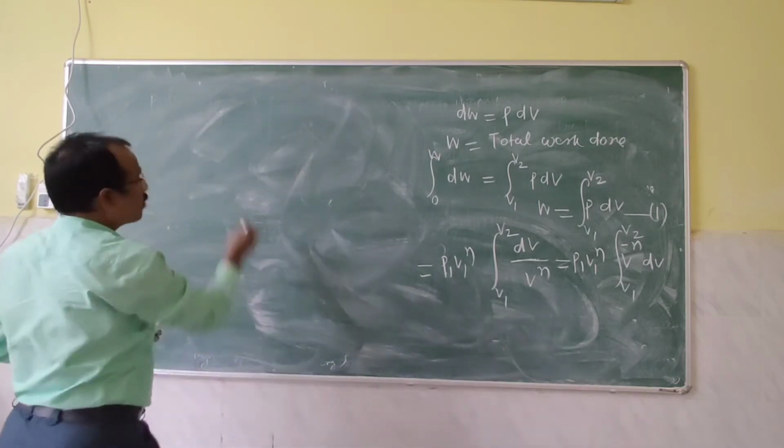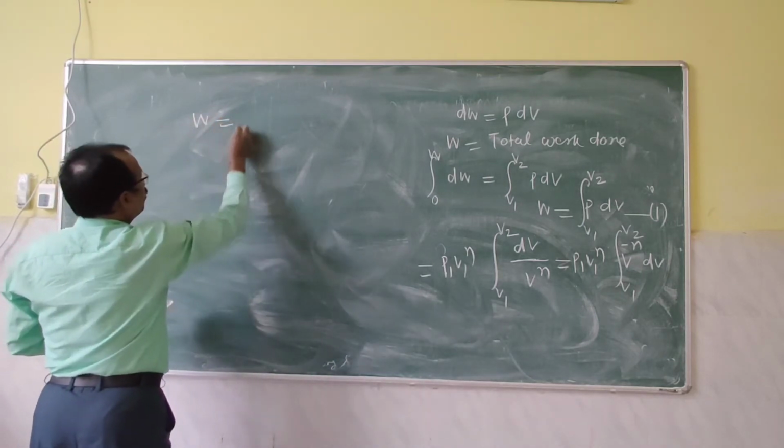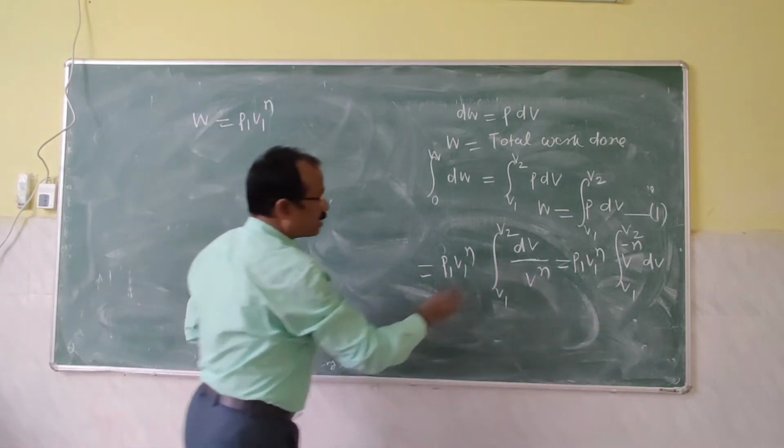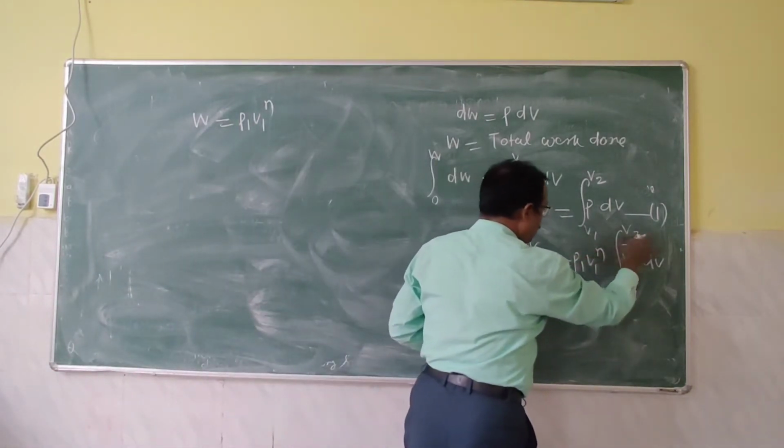Or W is equal to P1 V1 to the power n times integration of V to the power minus n dV,